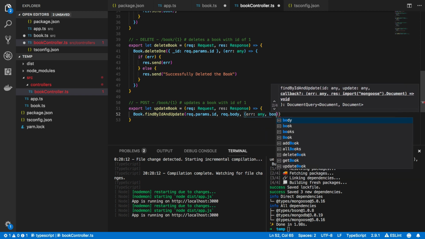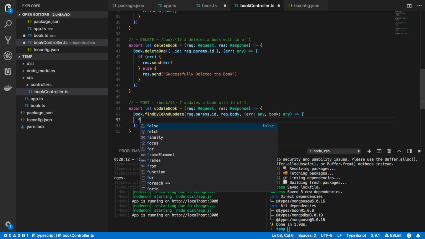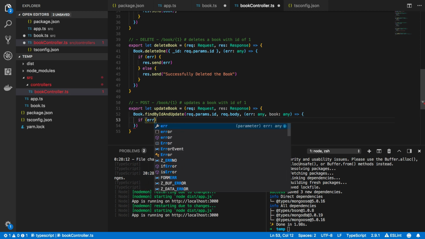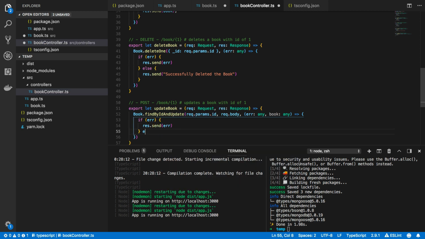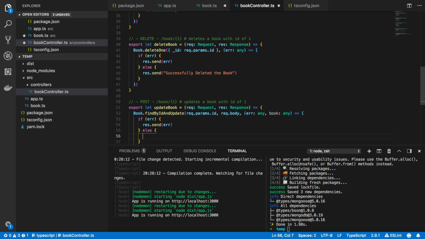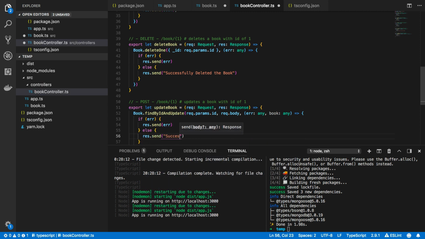So error of type any and book of type any. Now, as we have the previous four, we're going to do if error res.send error, else, we're going to do res.send successfully updated book, and save that. Now that we have these 5 distinct functions, we need to map them to the appropriate API